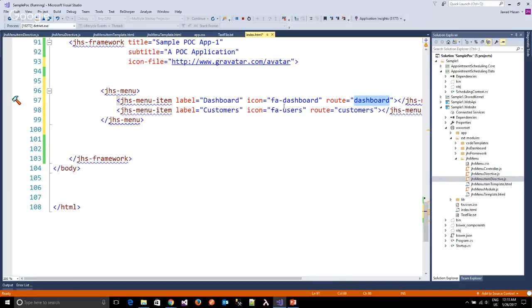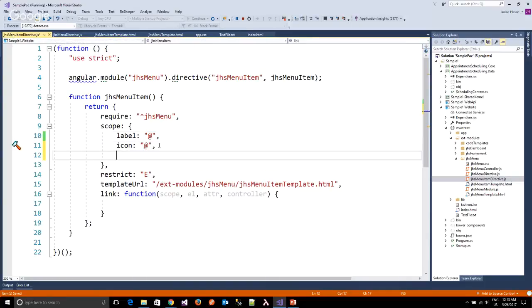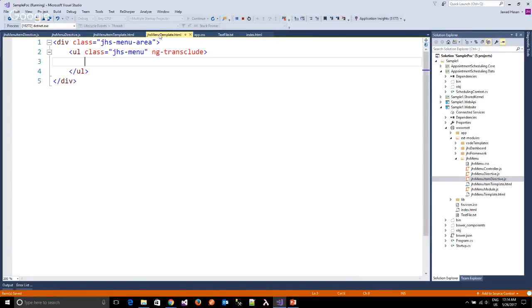And we can simply pass this one to our directive. And so we are providing this string to our directive. So it is available on our scope. Now, in order to set up this one further,